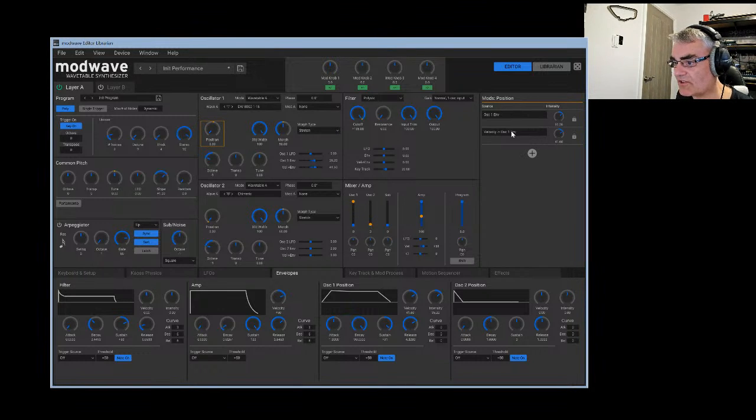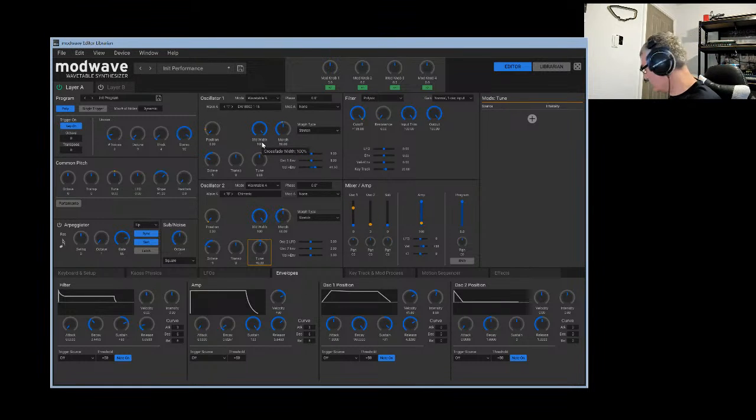I'm going to have a slower attack on that oscillator 1. Let's add some movement on there as well. That's it. So that's a nice